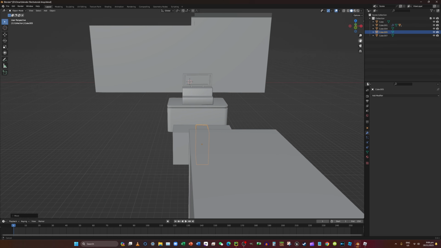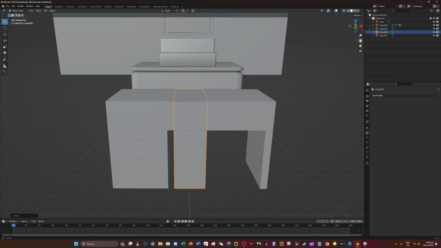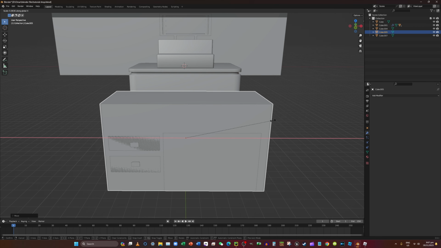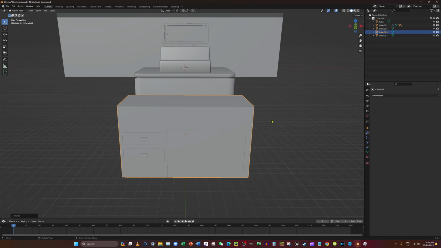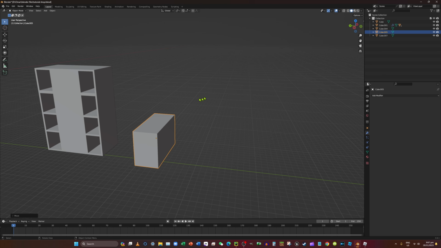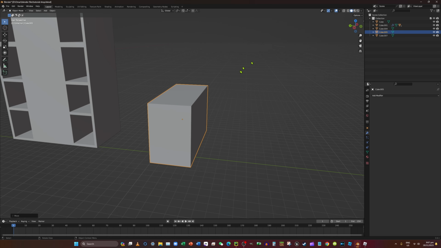Then we can do, oh, it's really slim. Oh my god. S X. Yeah, that's good. Then we can do G Y right here. And then we can,